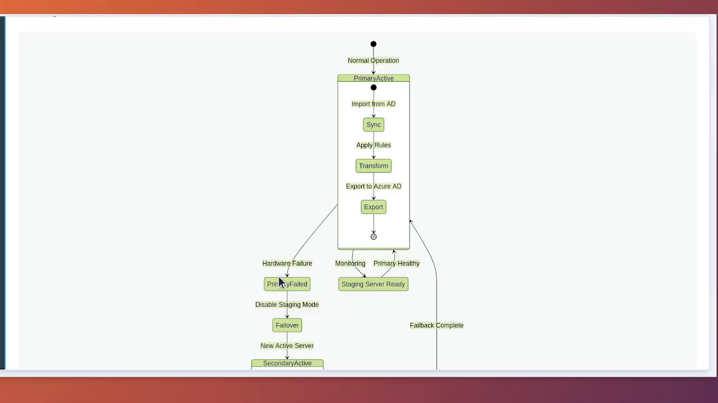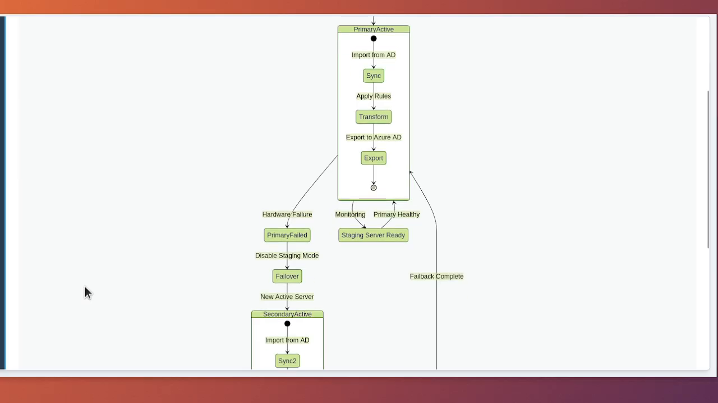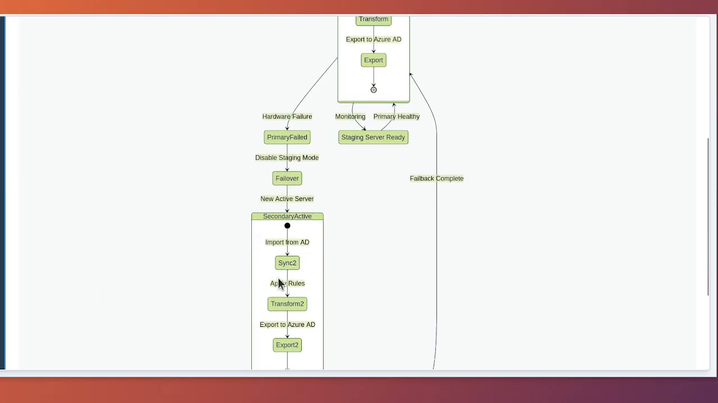The failover process from a failed primary server to a staging server is straightforward but requires careful execution. First, ensure the primary server is truly unavailable and not just experiencing temporary network issues or performance problems. Attempting to run two active Azure AD Connect servers simultaneously will cause synchronization conflicts. Once confirmed that the primary server cannot be recovered quickly, connect to the staging server and run the Azure AD